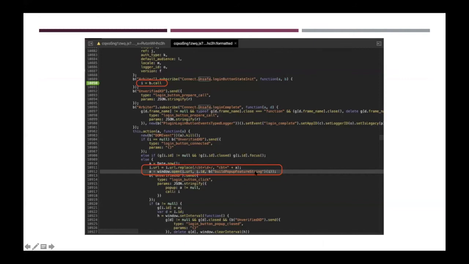So this is the addEventListener function. You can see that Facebook is not validating the origin, and it's not even validating the data, and it's directly passing the postMessage value into window.open.